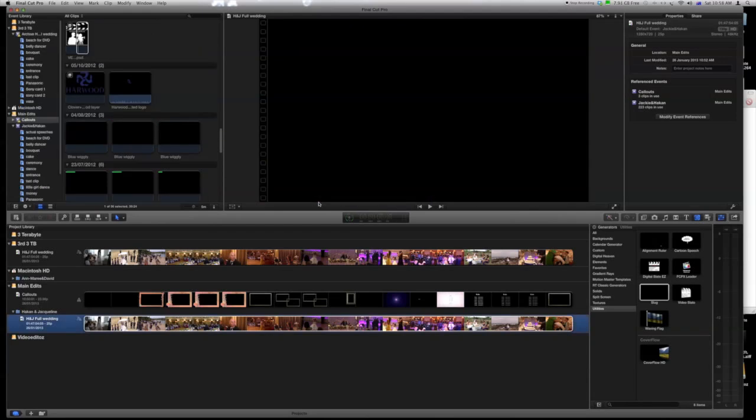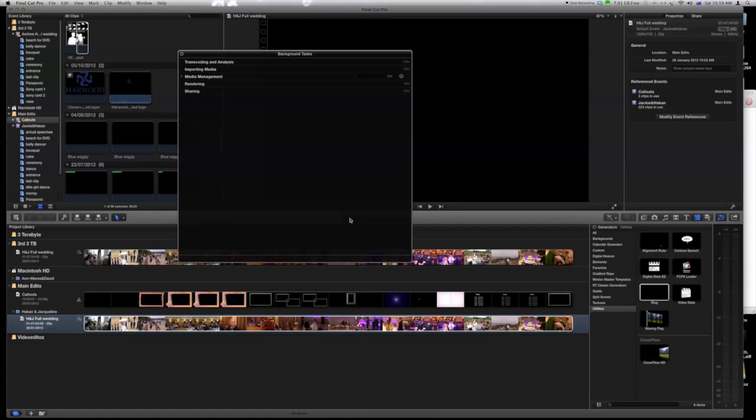The actual transfer between the two hard disks will take quite some considerable time, dependent on the speed of the disks and also dependent on the size of the project. But what does happen immediately is that you get a thumbnail directly both in the timeline and in the event area. The transfer will happen in the background, and you'll be able to see the processing by clicking on the